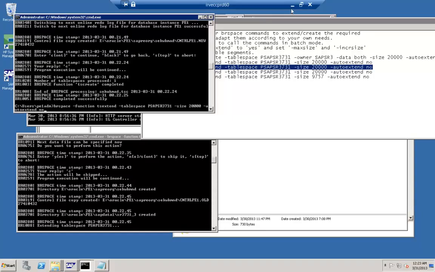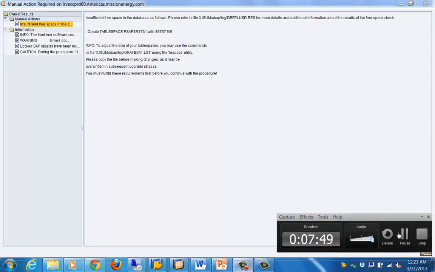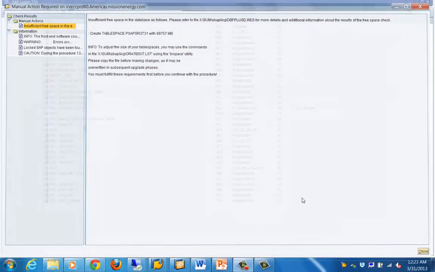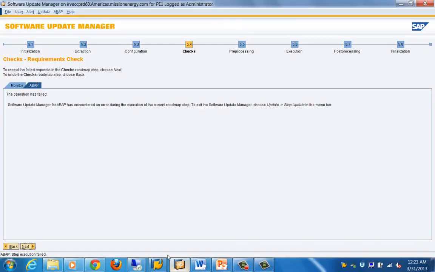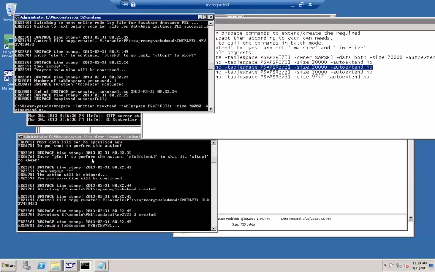In step one we created the table space. In the second step we are trying to extend it, and in the third and fourth steps also, we are going to extend it. Now you can see that we have extended it. Now I'll just click on next and we can continue to the next phase from there. So that is about how we can create a table space using BRSPACE,